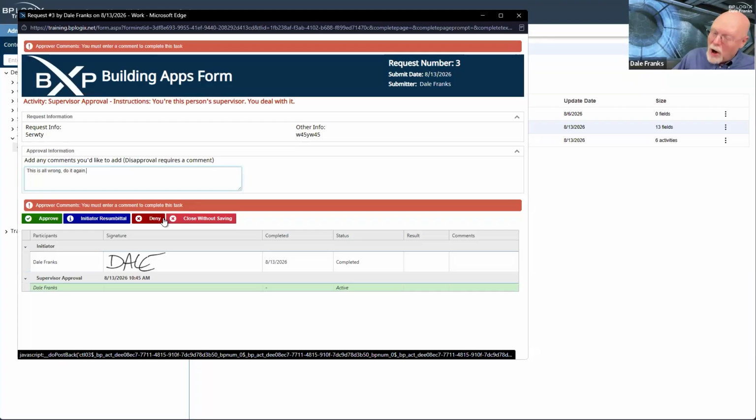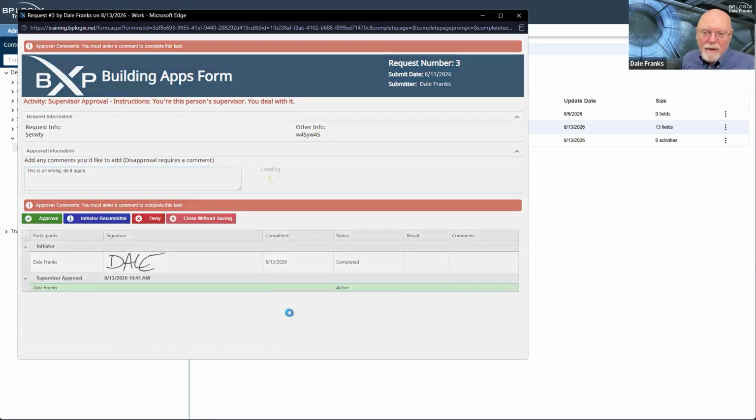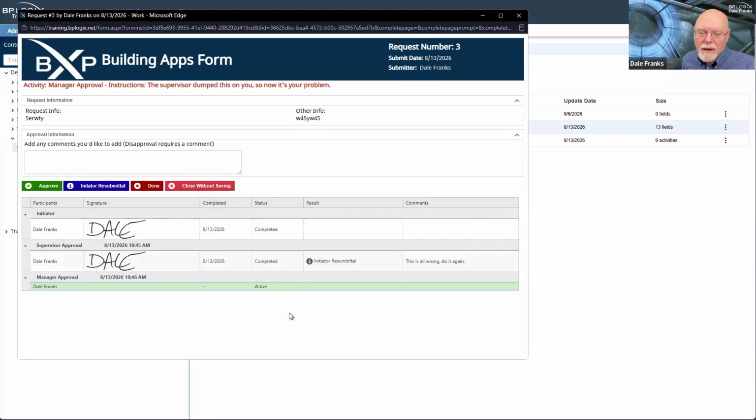So we know it canceled the remainder of the process, or we know it canceled the remainder of the loop. So let's see when I click initiator resubmittal, if it actually goes to initiator resubmittal. Fingers crossed. And it went to manager approval. The supervisor dumped this on you, so now it's your problem.